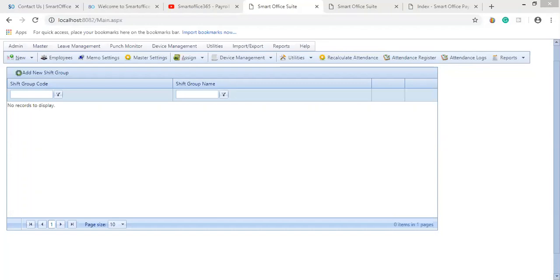So in that case, I'm going to create a group of employees, and I'm going to bifurcate the employees. Say for example, team A, this particular group of employees will be doing only morning shift and night shift.